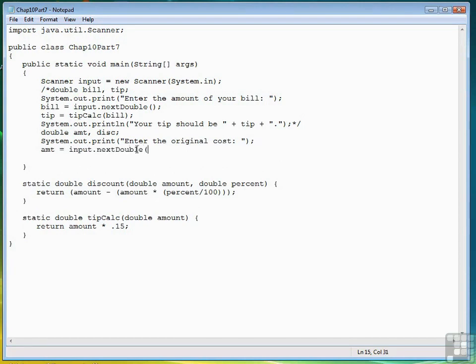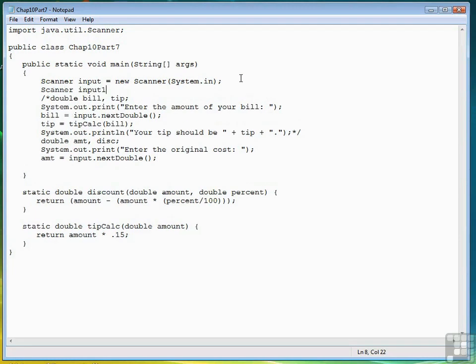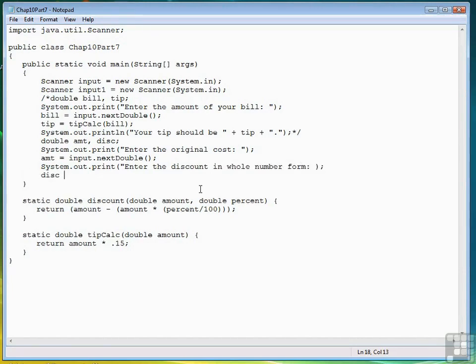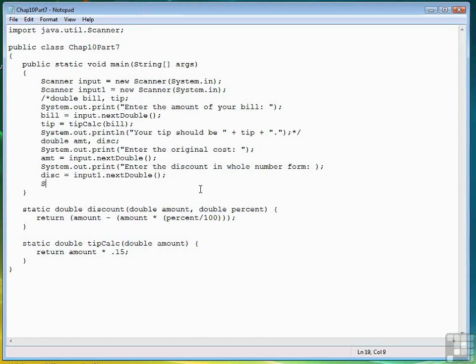And actually, because we're going to do two, we probably need a second scanner object. So let's put a second scanner object in here. We'll call it input1. Again, we do this because the scanner class has problems when you're entering two numbers in series. So then we're going to say System.out.print, enter the discount in whole number form. And so it's going to be discount equals input1.nextDouble. And then we'll say System.out.println, your discount is, and then we're going to call the function with amount and the discount. So let's save the program, clear the screen,